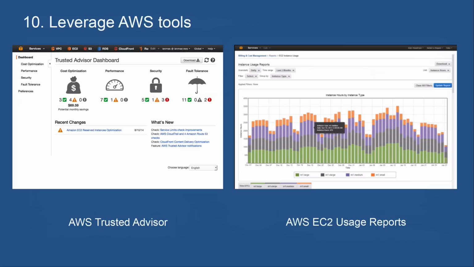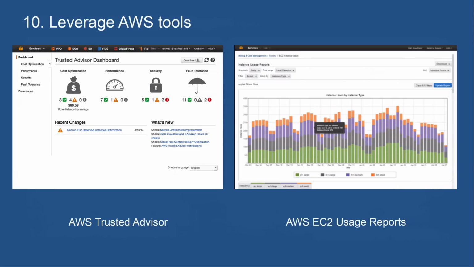But in essence, Trusted Advisor provides automated recommendations that you can take advantage of in order to improve your AWS account. When I say improve your AWS account, it covers 4 different scope areas that you can see here. So cost optimization is one, and that's what we're talking about today, obviously, but also performance, security, and fault tolerance are also addressed by Trusted Advisor.